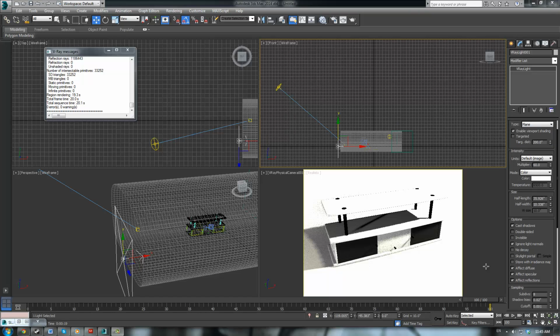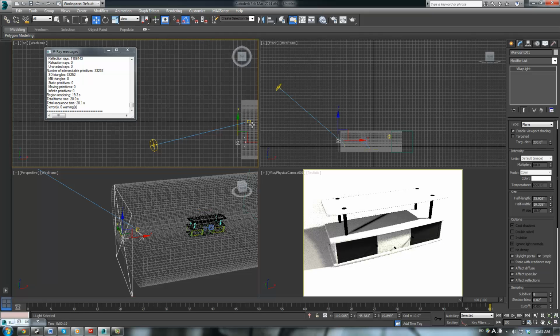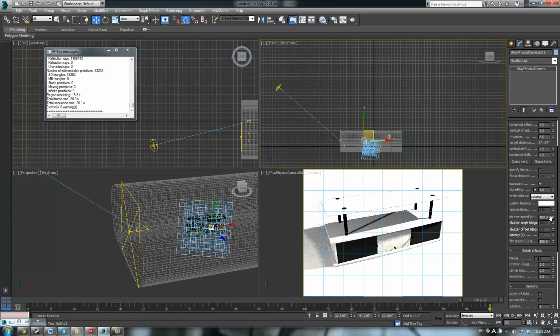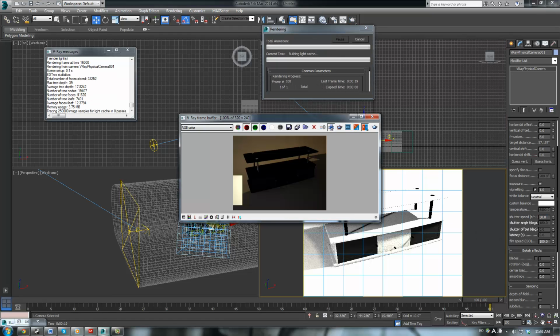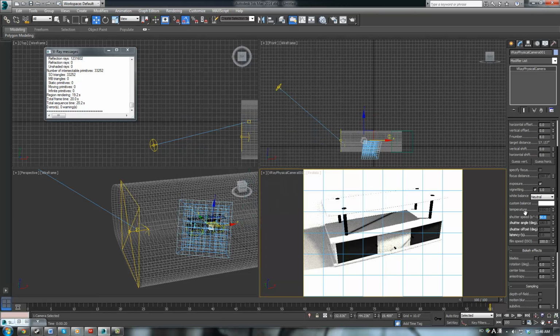Alright, hold on. Alright, so we're actually going to do a skylight portal, a simple skylight portal for this light. This means it's kind of like a window, almost. We're going to try using that instead of the actual light that we had before. Go to our camera here and change this to 50. And let's render that out. Okay, so one of the problems we're having here is we don't have anything to really reflect off of it. So what we're going to do, I think, is first change this to 25, and then we're going to make some